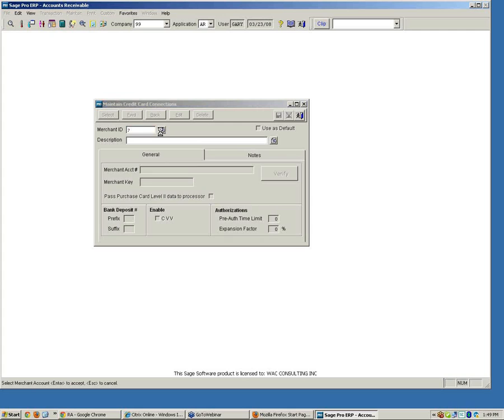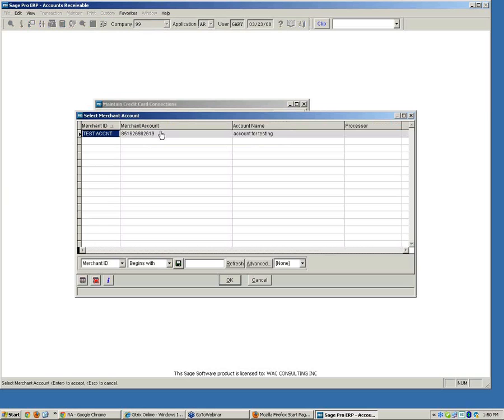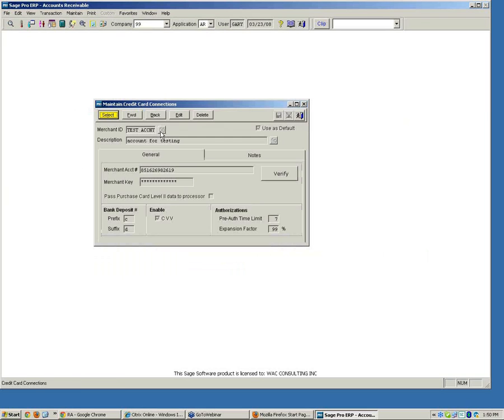It's where you define the connection with the Sage Gateway. And so you can have as many connections as you want, and basically those connections tell the gateway what your merchant account is and the merchant connection key. So this information is given to you through Sage Payment Solutions. The other things that are available on this screen besides this data is the ability to define either